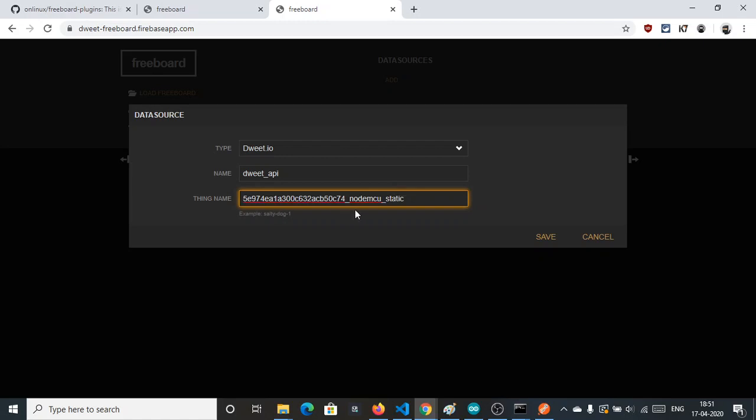LDR, red LED, and green LED, these three data and commands are basically coming on this thing, but we don't need that. We are basically using dynamic, the LDR and distance data. We only need this.